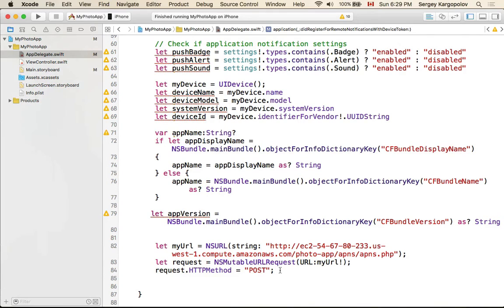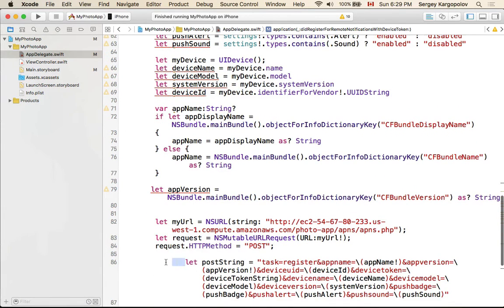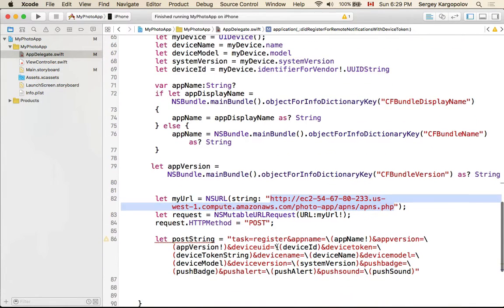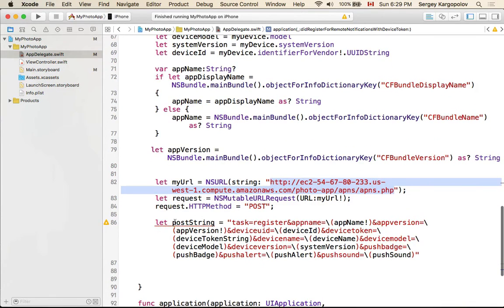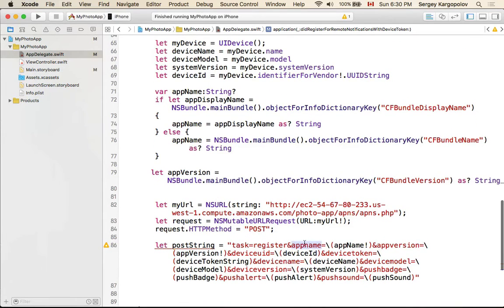Okay, so we have the HTTP request ready, and now we need to put all of these values together into one kind of query string, but it won't be appended to the URL. It will be passed on to a server-side script as the body of the HTTP request. So basically, we first put it as a post string value, and here we have task register. So we're going to register a new device for accepting and sending push notifications,